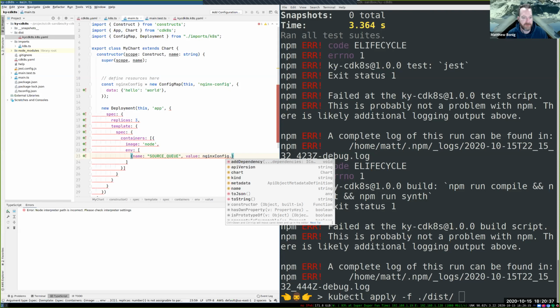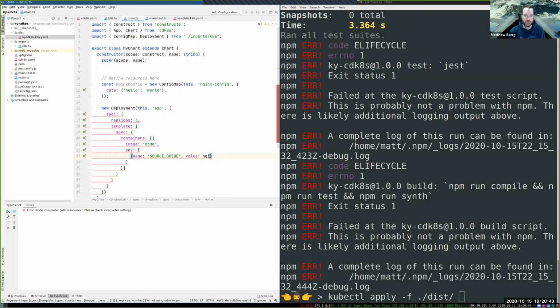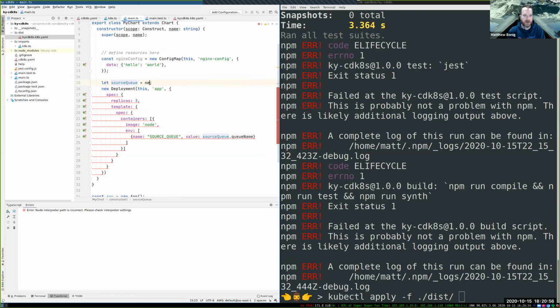In this case, I don't really have anything off of that config map object that would be useful, but let's assume for a moment that this was our source queue dot queue name. All right. And source queue, I'll say, is a new queue called my queue.